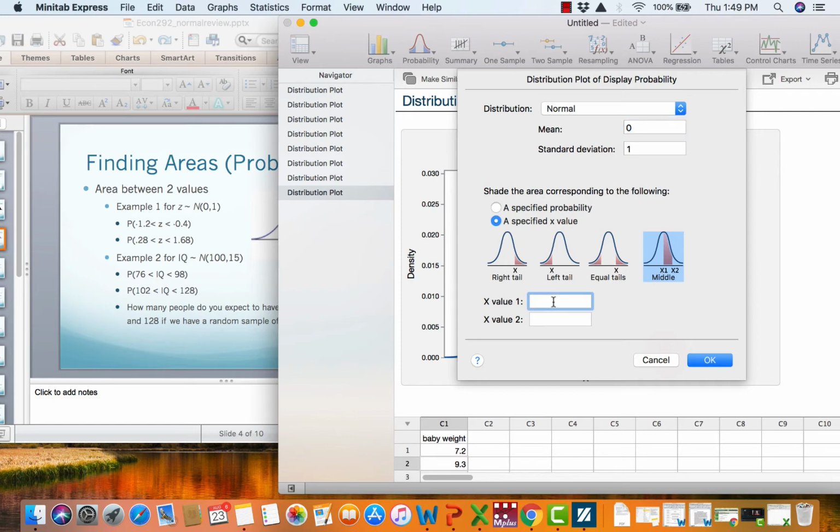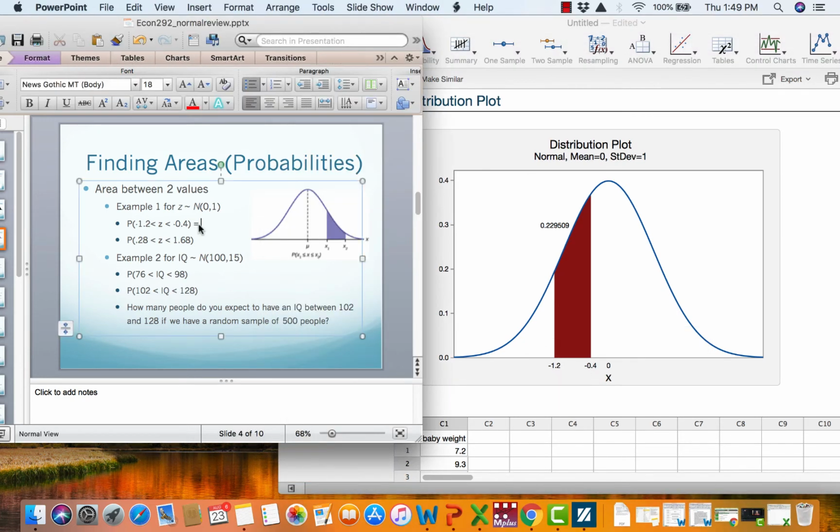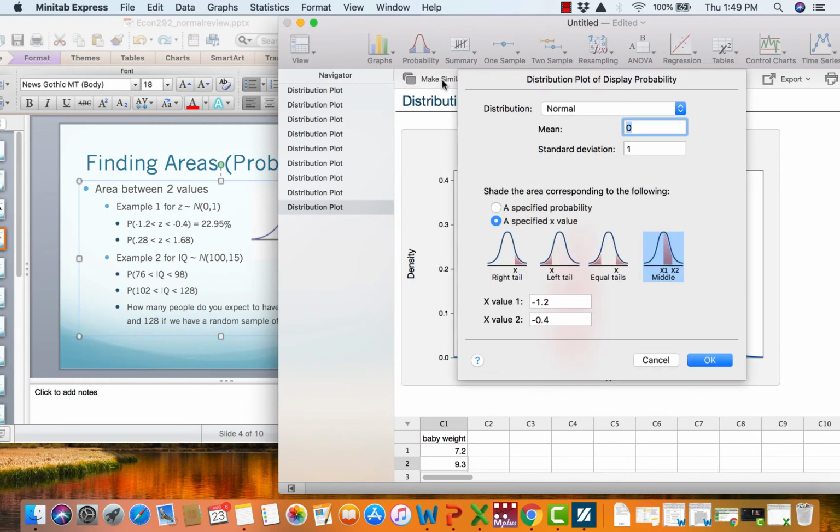So we start by typing -1.2, and then our x value 2 is -0.4. Right? We say OK, and notice we have the area shaded between these two negative z-scores, and we get a probability of 22.95%. Okay, we can do the same thing for the two positive z-scores here, so we go into make similar,